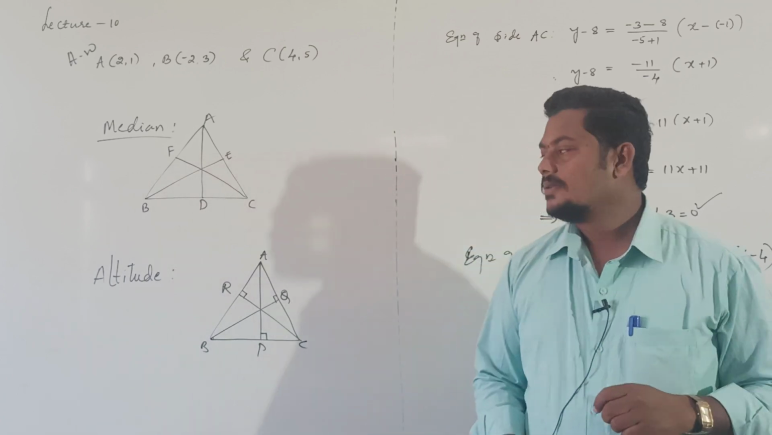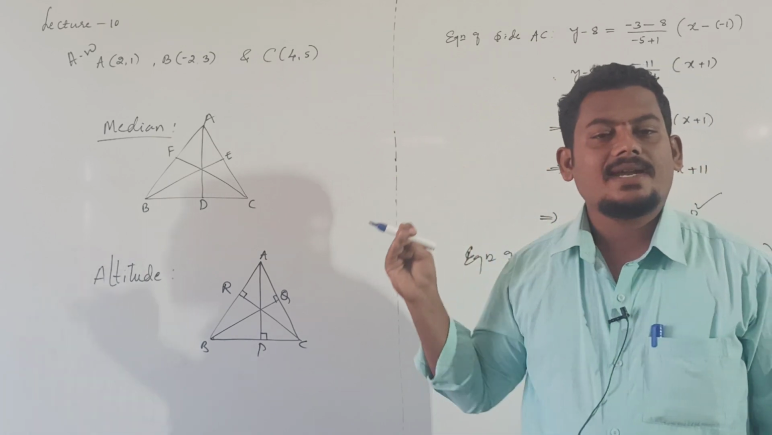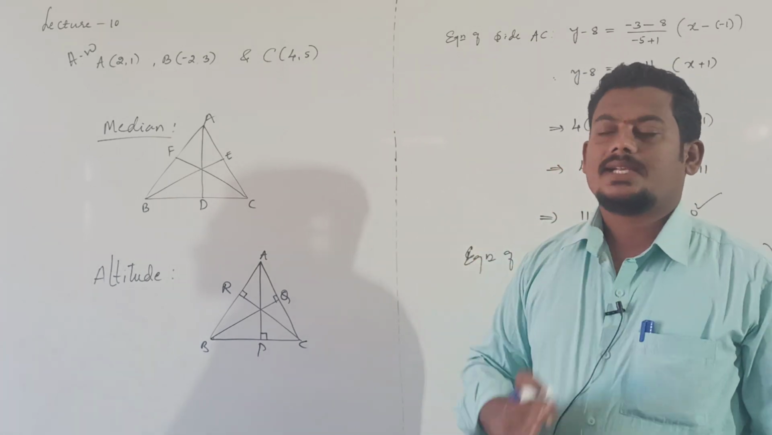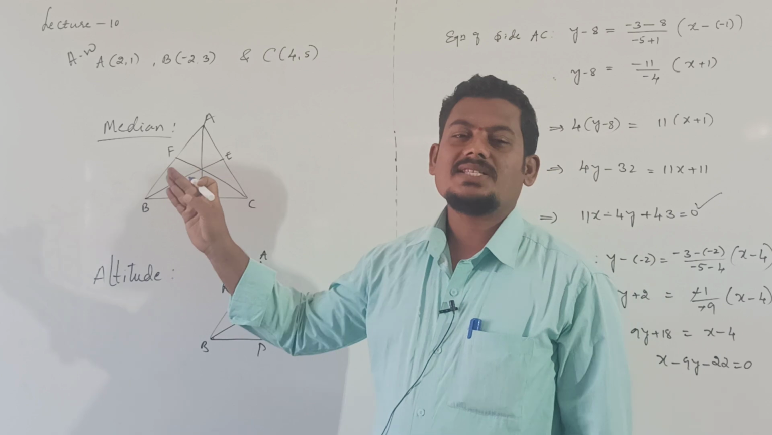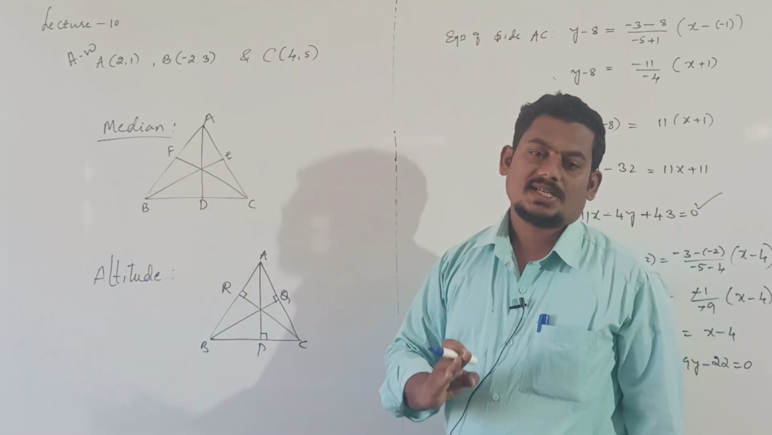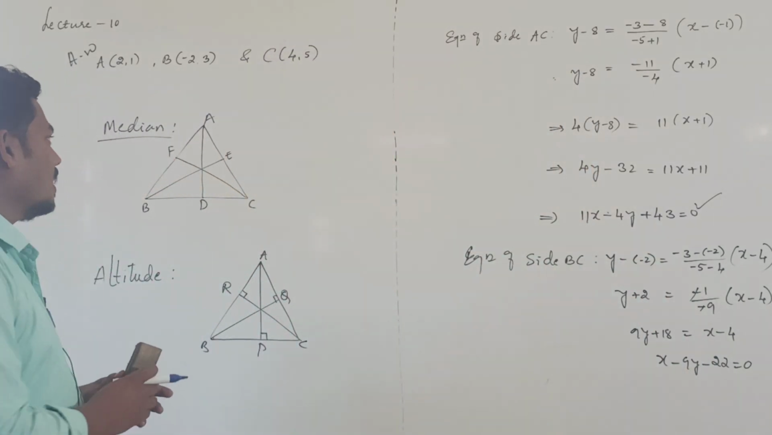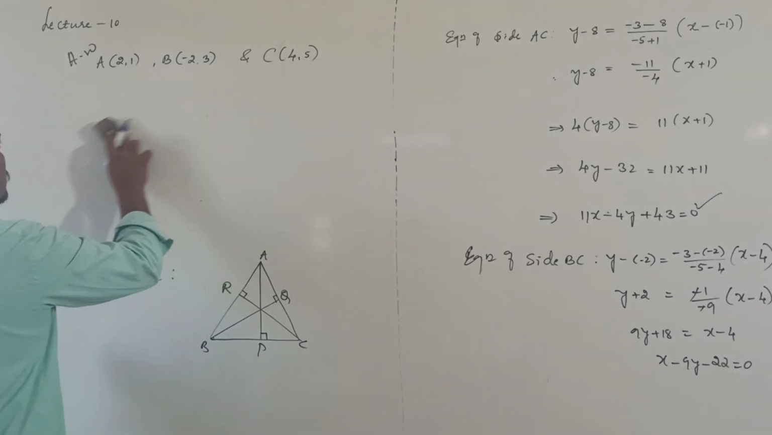That's all, right? Altitude means a straight line passing through one vertex and perpendicular to opposite side. Median means a straight line passing through one vertex and midpoint of opposite side. This is the definition of median and altitude of the triangle. Now,